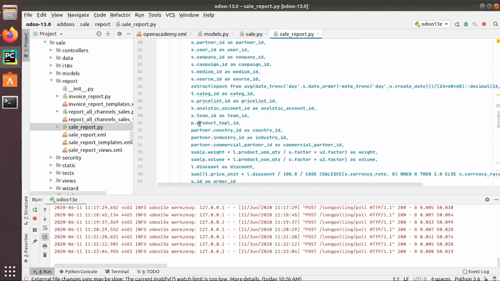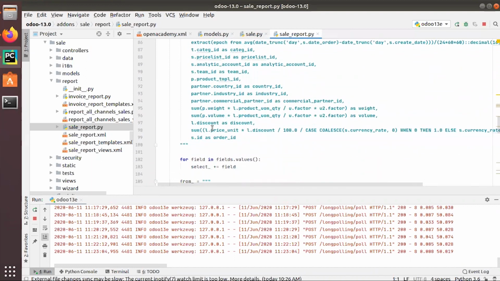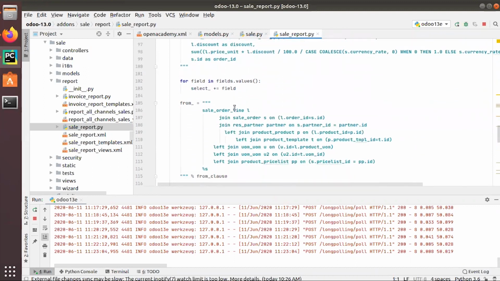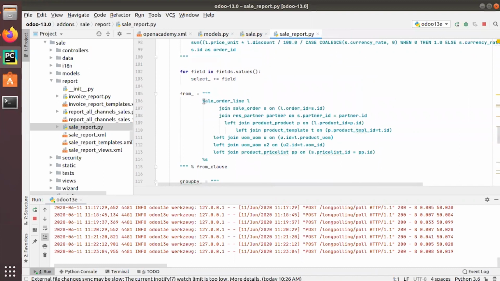Sales taken from the product template, country ID. Taken from many different tables, and you can see under the from clause sale order line, join sale order. Sale order line is joined with sale order, then res.partner, product.product template, unit of measure, product